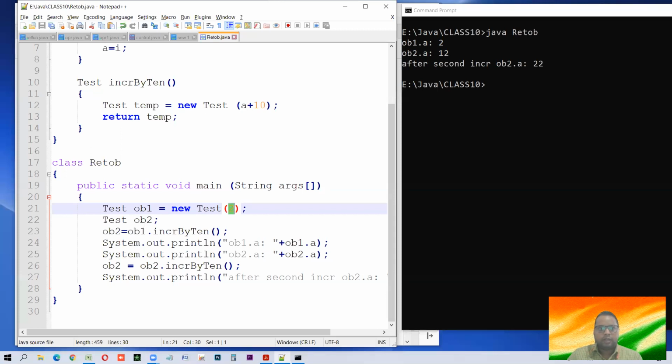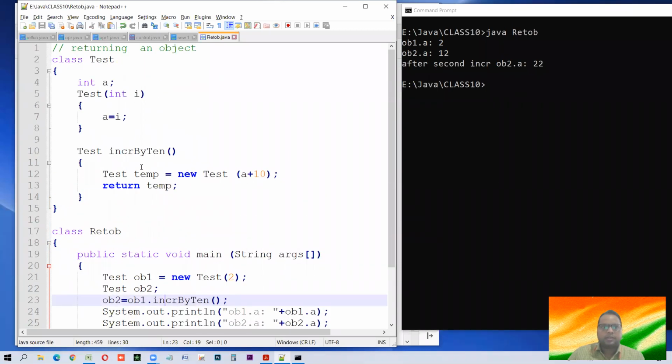Okay, fine. Now what is happening with OB2? We are just simply creating an object. We are not allotting any space to it right now. But here we are getting a return in object 2 because this function is designed to return an object. Why object?